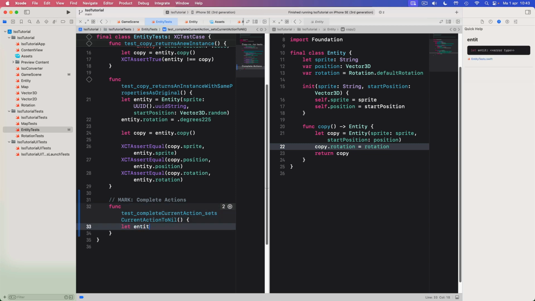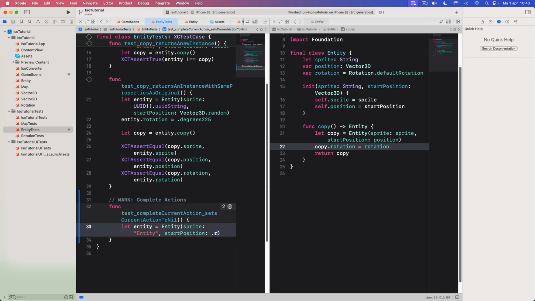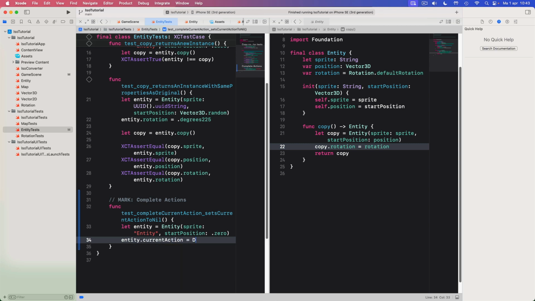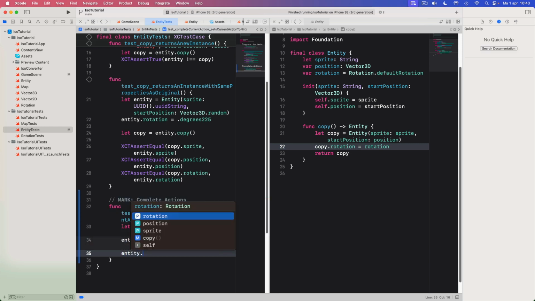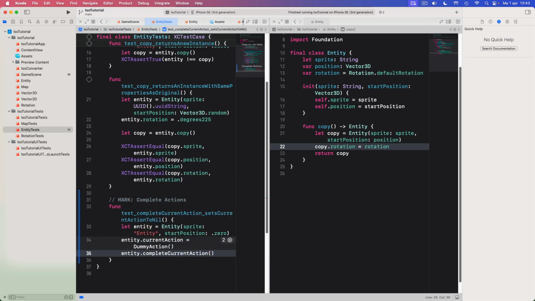So let's have an entity somewhere in the world. Let's make sure the current action is some form of dummy action. We'll define them as we go along. Then we want to call complete current action. This one we also need to define. And finally, we can assert that entity.currentAction